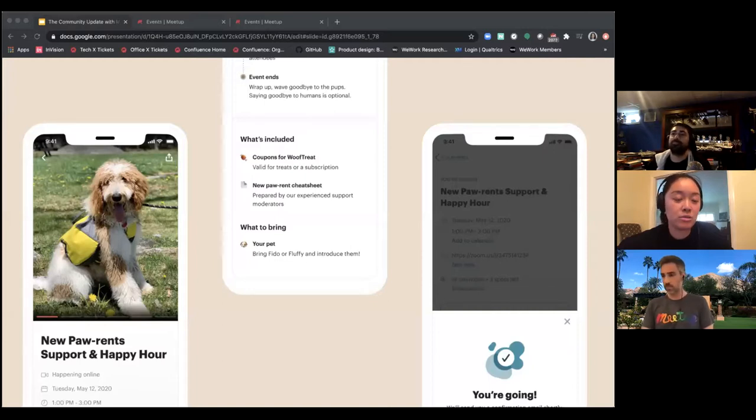These organizers were really generous with their time. They shared lots of feedback about this new experience. And on top of all of that, we were running this pilot just as the coronavirus pandemic was really ramping up in the United States. So we learned a lot also about how to better present online events, as well as the importance of communication between the attendees and the hosts.